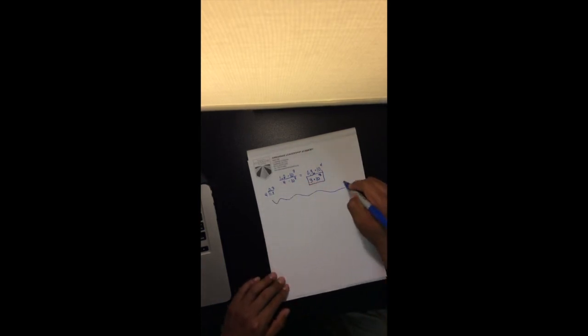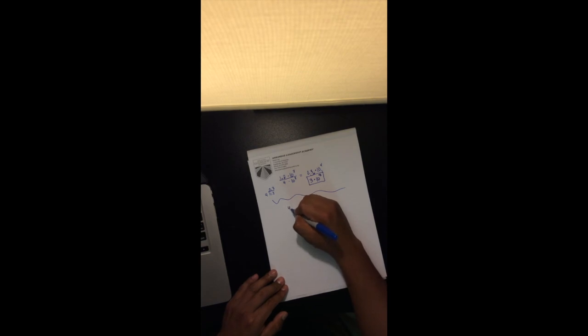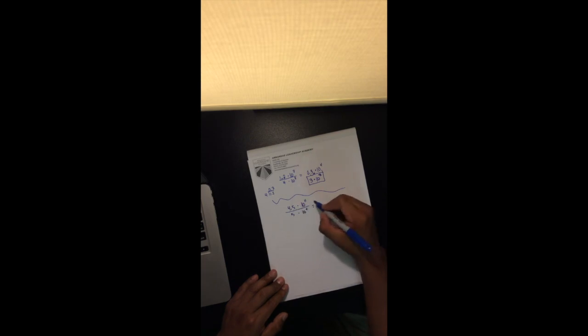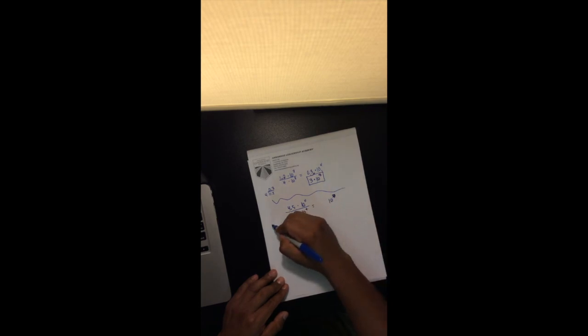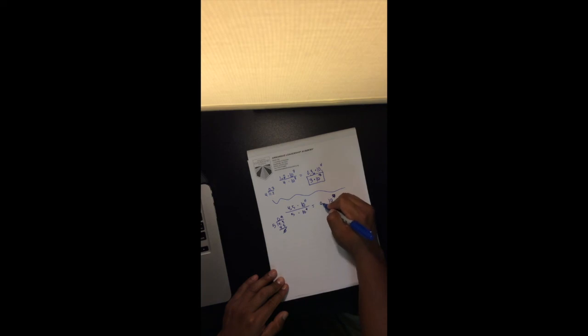Let's do one more for safe measure. Let's do 4.5 times 10 to the 11th over 5 times 10 to the 4th. This one, you can tell already, is going to be 10 to the 7, sorry. 11 minus 4 is 7. Then we go 5 outside, 4.5 inside, 9 times. That's going to be 0.9 times 10 to the 7th. And again, move the decimal, and we get 9 times 10 to the 6th. Alright,